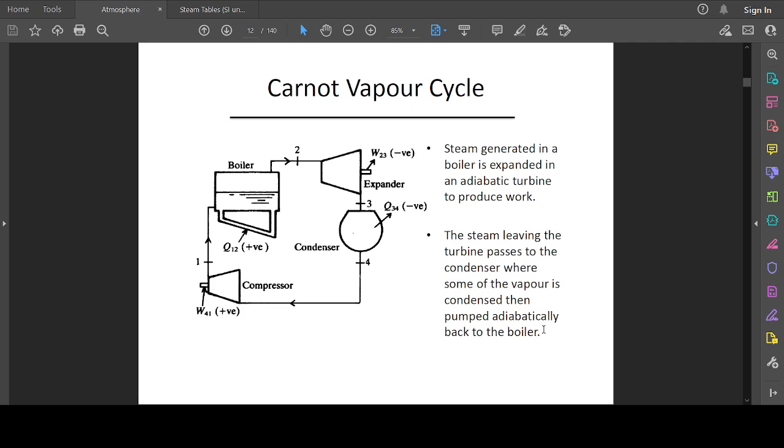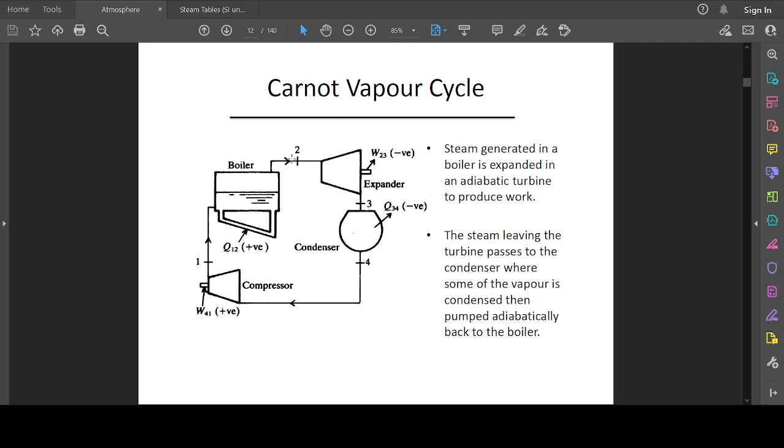So, what is a Carnot cycle? The Carnot cycle is one where steam is generated in the boiler, and this steam goes into the turbine where it expands, and that expansion of the steam helps move the shaft in the turbine, and as it moves the shaft in the turbine, it loses quality. The steam leaving the turbine passes to the condenser where some of the vapor is condensed, then pumped